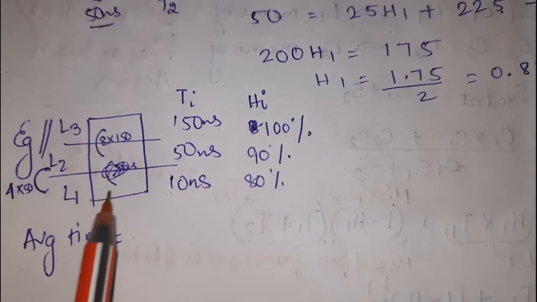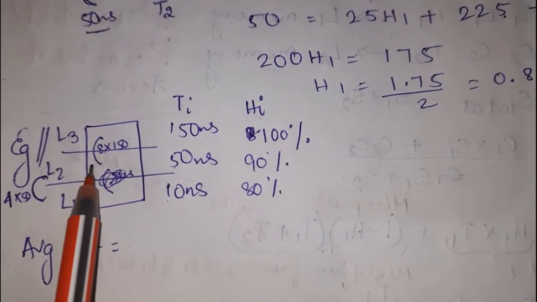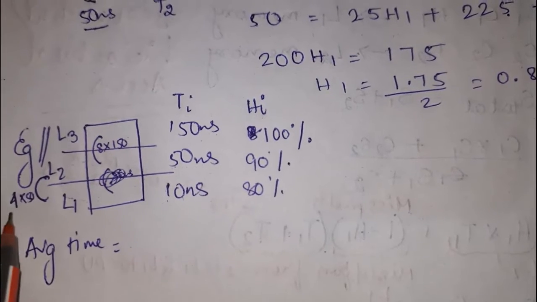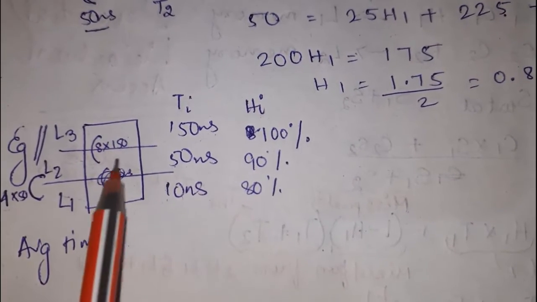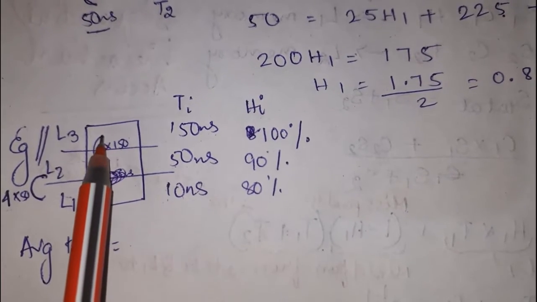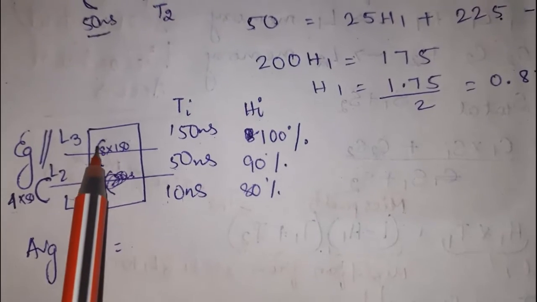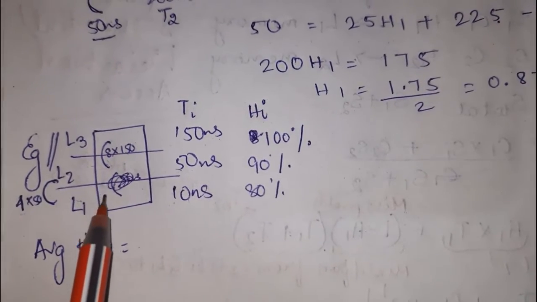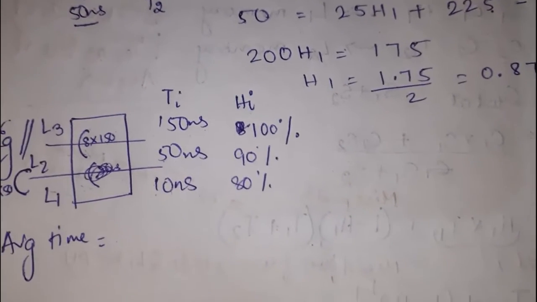Now if a miss occurs in L1, then we need to bring one block, and one block consists of 4 words, from L2 to L1. And if a miss occurs in L2, then we need to bring a block of 8 words from L3 to L2, and then like this a block of 4 words will come from L2 to L1, and if it is in L1, then directly to the CPU.